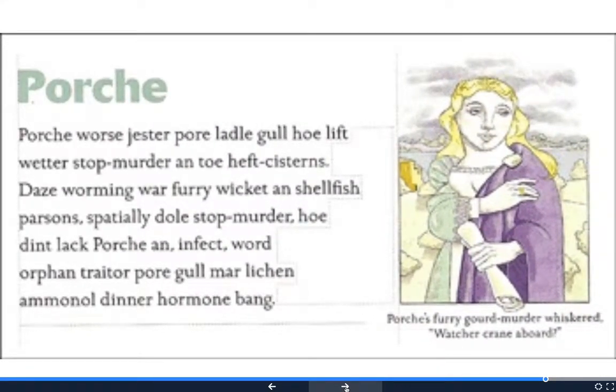Okay, let's take a look at this. Porsche, not only is it the name of a sports car, but a famous Italian character, made famous by Shakespeare. Let's take a look at what we have here. We've got an illustration with what's known as a caption below, and then we have a title, and then some